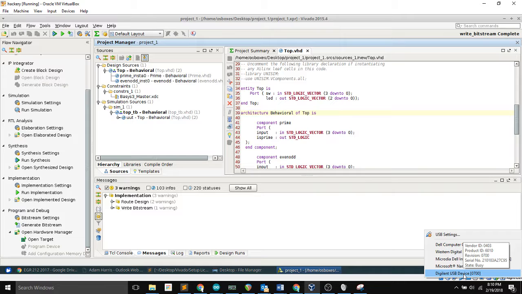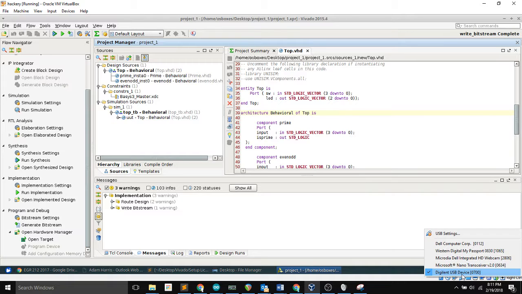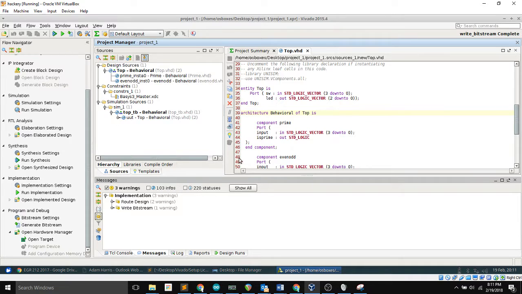When you do that, if you have your system sounds on in Windows, you'll hear it disconnect a USB device from Windows and then reconnect there. So if I now right click this, I've got a check mark next to Digilent USB device. That means that now my Linux machine, and therefore Vivado, can talk to that Basys board. So I'm going to go to Open Target,